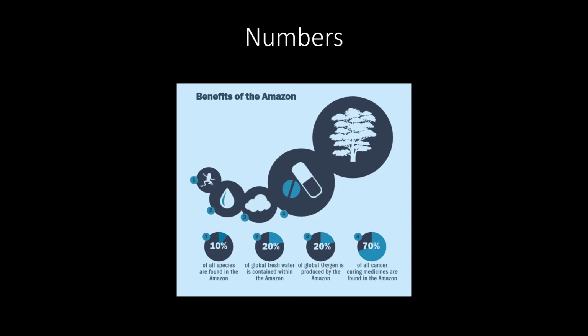In my numbers display, I used pie charts that show visually a fact about the Amazon rainforest through the percentage displayed within the pie chart and labeled on the pie chart. These pie charts are also attached to a bubble above that has an icon relating to the pie chart. The pie charts encode the visual potential of numbers through amount. This relates to the amount of the circle that is filled up and represents a percentage relating to a given